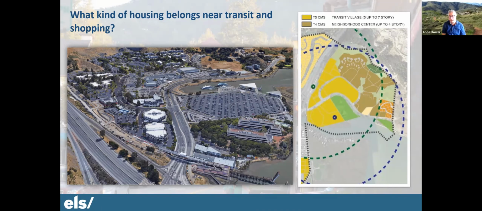Okay, this is what I believe we're headed towards, is to have a deeper discussion about trade-offs. So tonight we're going to learn about the options and the opportunities for each of our areas. And then in our next meeting, my guess is that our topic will be what the trade-offs are if maybe the steering committee is uncomfortable with the concept of a 7-story limit. What kind of pressure does that put on other sites, particularly if we're not in a position to?